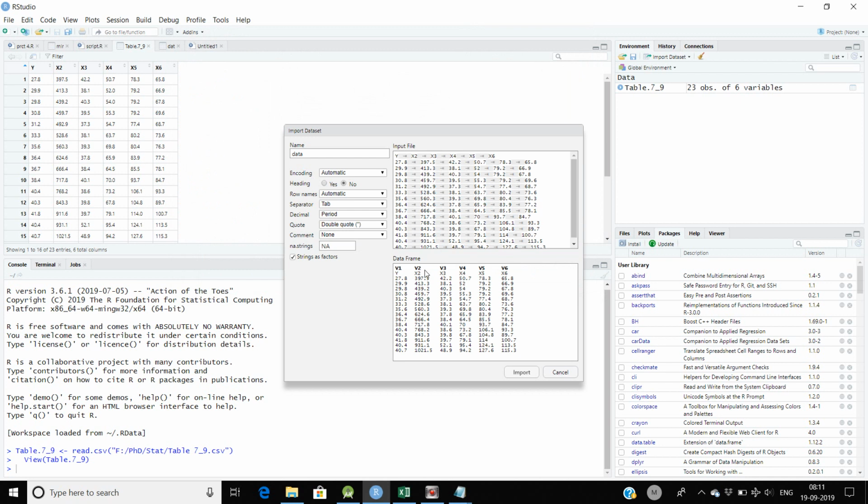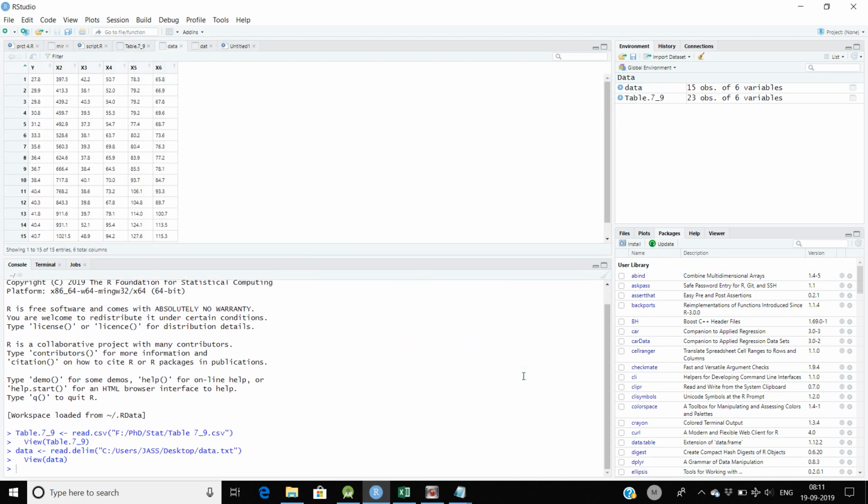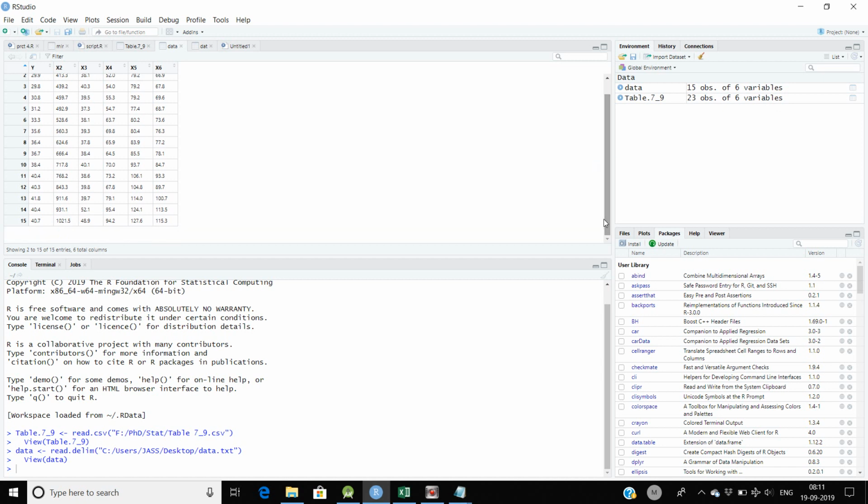Again you can see it has assigned variable names, so you need to give heading yes and just click import. Again you can see, first we had 23 observations of 6 variables, and now we have only 15 observations. So you can do it also in this type of